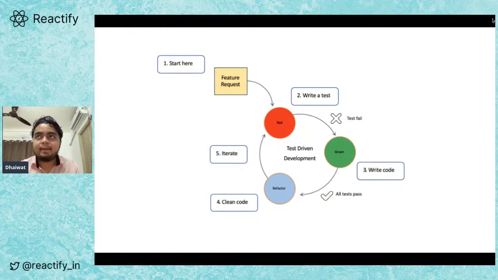If you spot a mistake, correct it. And when your test finally passes, that's when you know that at least my component is working now. But that's not the end of the road. Now that you have a working solution, you clean your code, you refactor it, and get the feedback from the